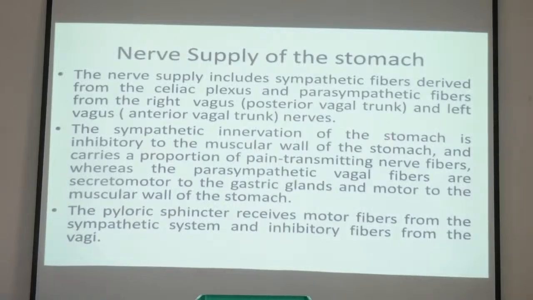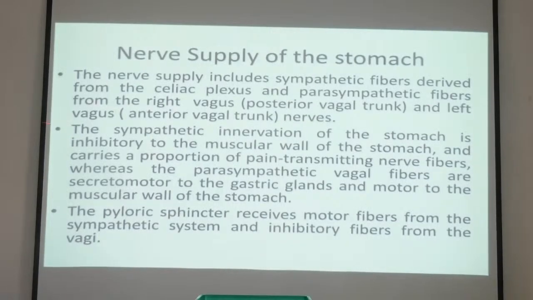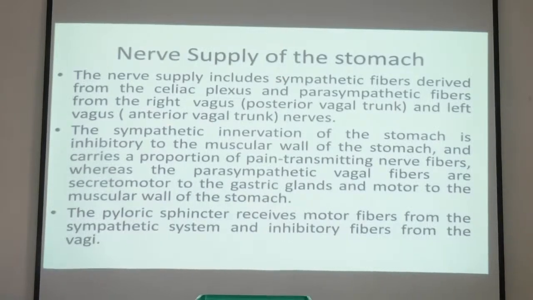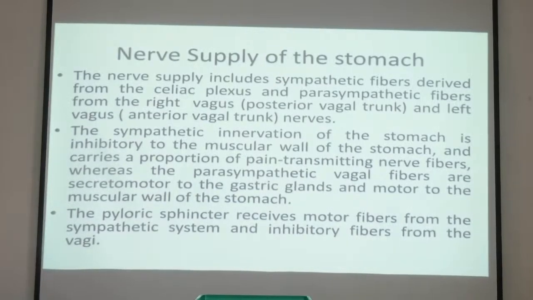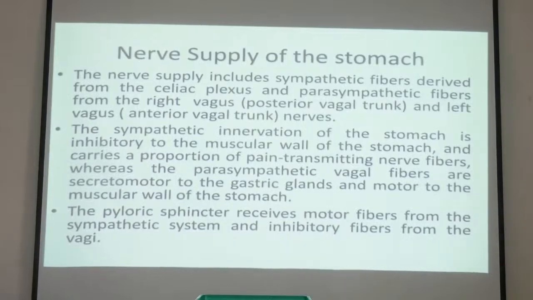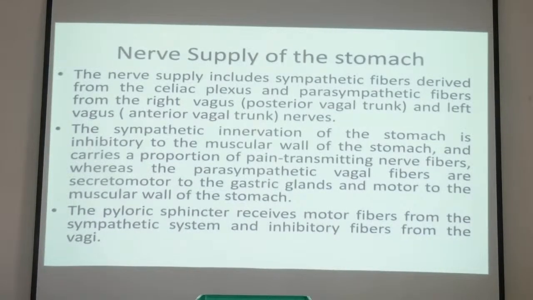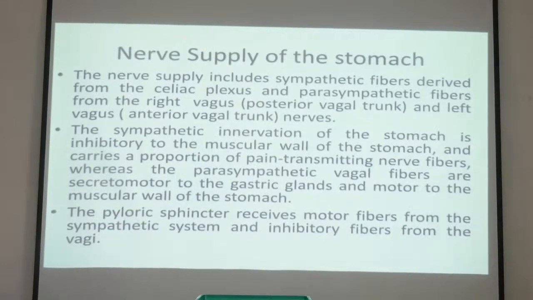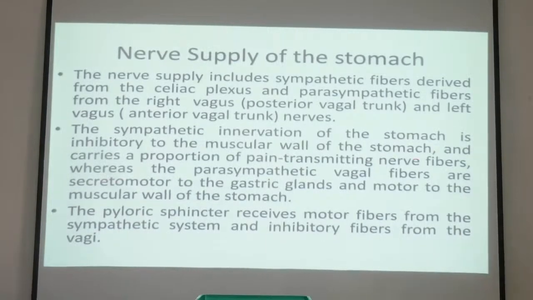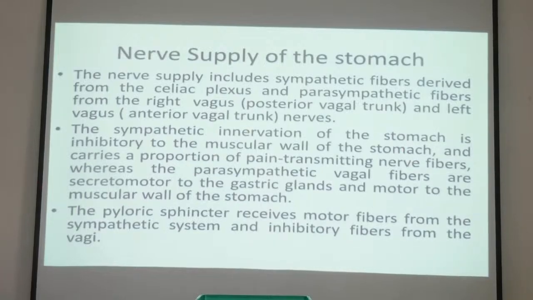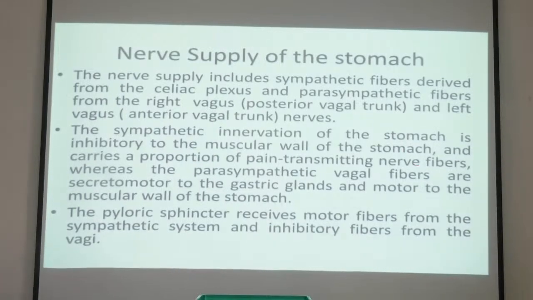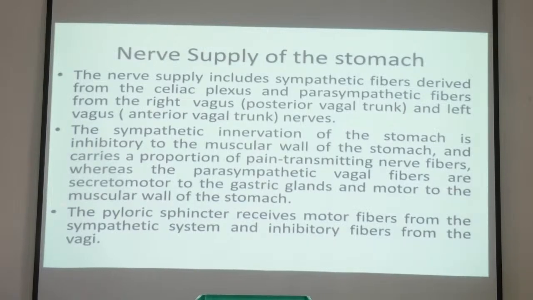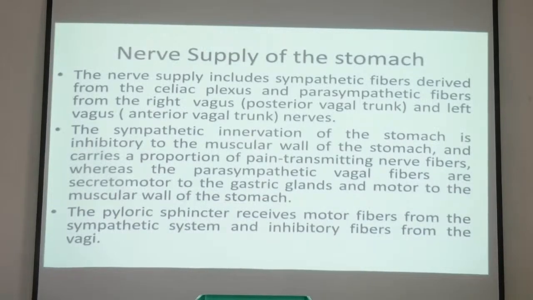Nerve supply includes sympathetic fibers derived from the celiac plexus and parasympathetic fibers from the vagus. Right vagus forms the posterior vagal trunk and left vagus forms the anterior vagal trunk. Sympathetic innervation of the stomach is inhibitory to the muscular wall of the stomach and carries a proportion of pain transmitting nerve fibers, whereas parasympathetic vagal fibers are secretomotor to the gastric glands